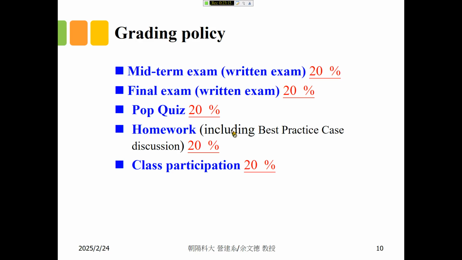So the class participation is based on the statistics of the sign-in records in the class, and also the participation in the discussion. So I will give you some discussion topics in the class. You can submit your opinions on the system.